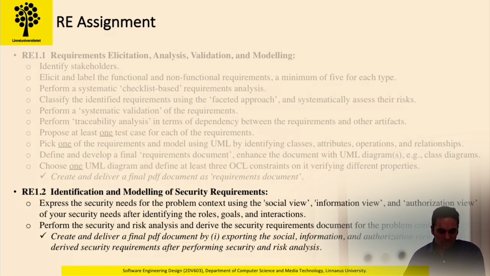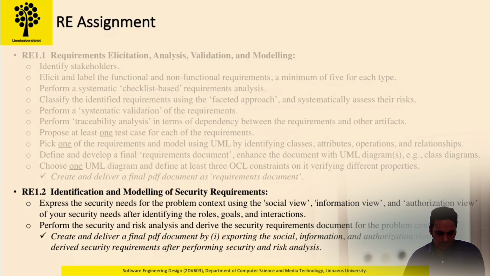But in the second phase, I will also give some corresponding use case scenarios for those systems where you have to model the social view, the information view, and also the authorization view. And you should mention different security needs by identifying the roles, goals, and different interactions. So it should be more robust, and it should be analyzed in depth